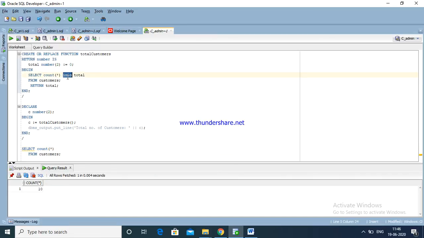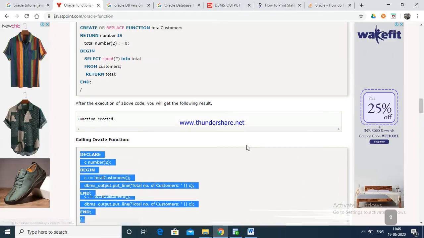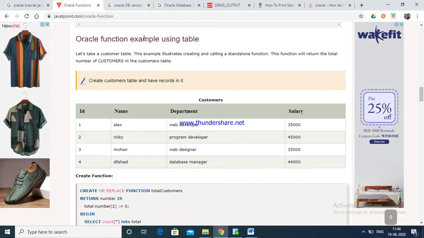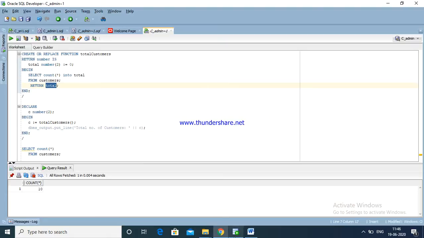Into total, we are returning the total number. This way we have an Oracle function example using a table. In this function example we are using a table.